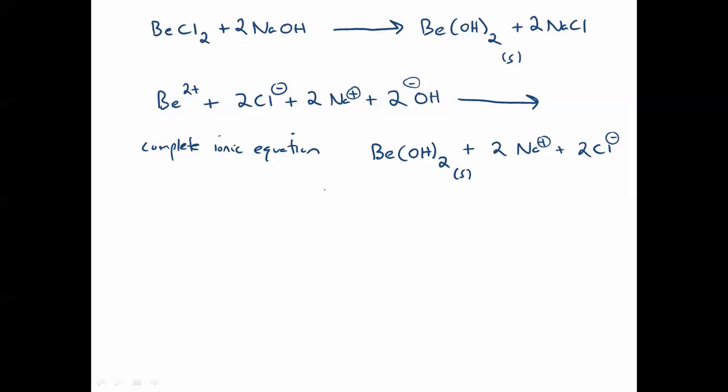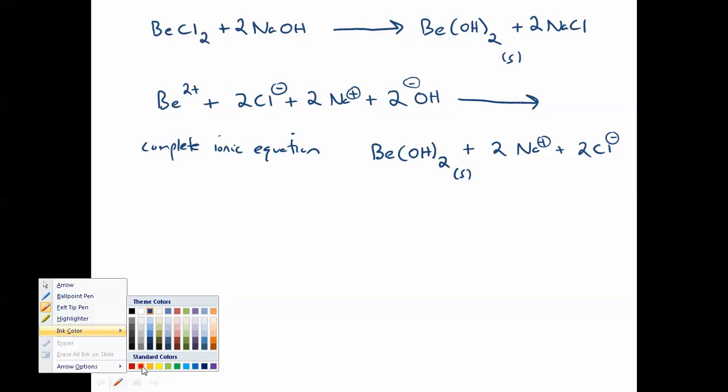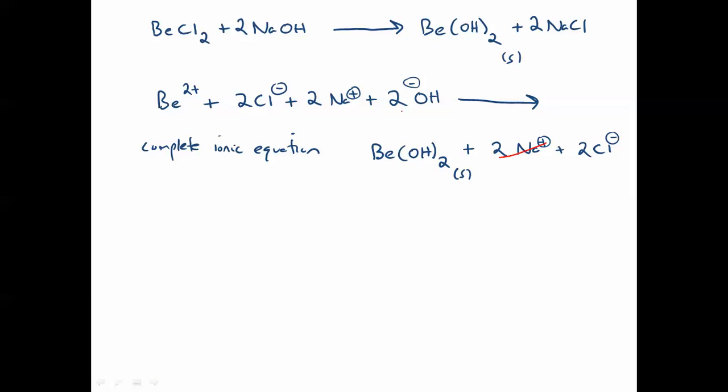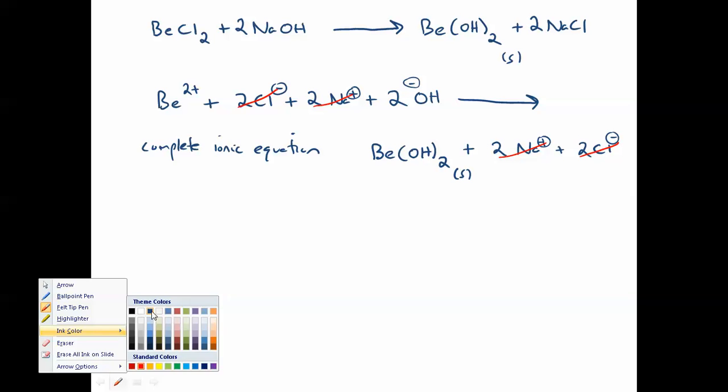In order to draw the net ionic equation, we're going to cancel out the spectator ions and draw a simplified version of this. And so since we have 2 sodiums on either side of the equation, we can go ahead and cancel those out. Let me just change color here real quick. Go ahead and cancel those out. The sodiums cancel. The chlorides also cancel because they're on both sides of the equation. And we are left then with our net ionic equation,